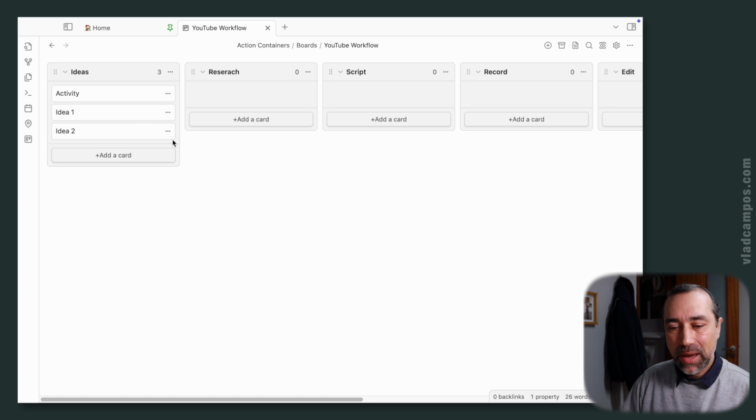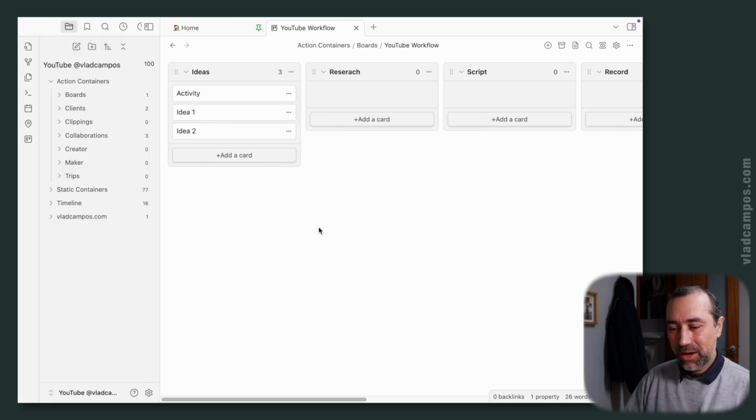The software we usually use is Trello because it's straightforward, easy to understand, easy to learn, simple, it works, it's fast. It's a great software if you want to build Kanban boards and use this system. So now let's go back to the timeline system and I'll show you how this board inspired me to create